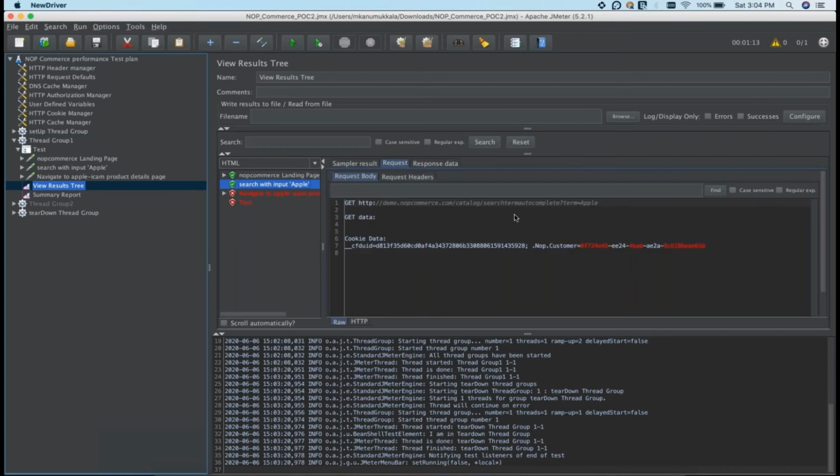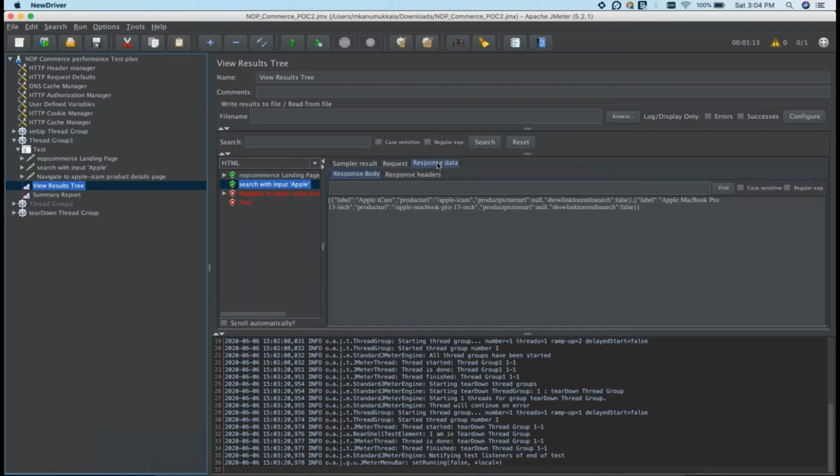the request is that I am searching with a term called Apple. When I search with Apple, the server responds back to me with some information. But in what form is it giving it to me? The server is responding back in the form of JSON. This is the JSON object.